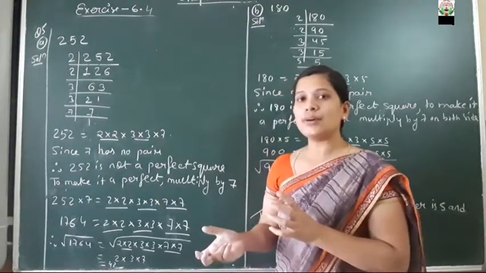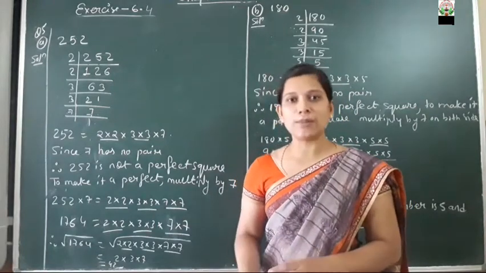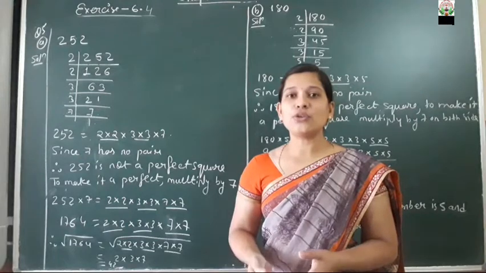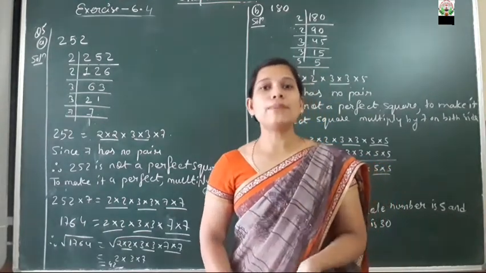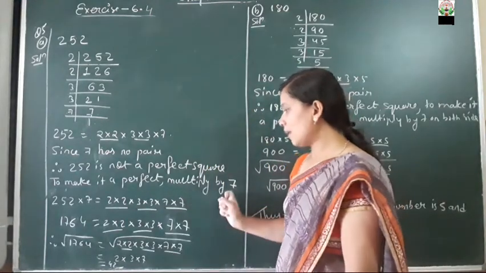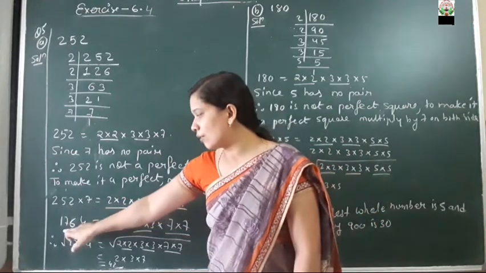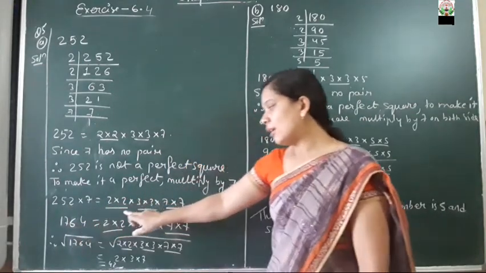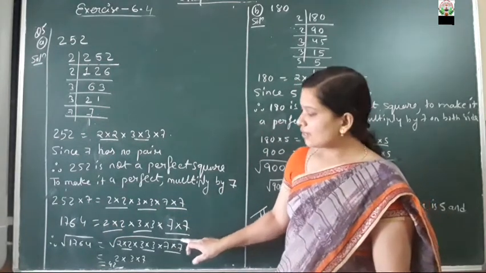मतलब जो अनपेयर्ड नंबर रहता है ना, उसको हमको LHS और RHS दोनों साइड मल्टीप्लाई करना है. क्यों मल्टीप्लाई करना है? क्योंकि वो जो नंबर अनपेयर्ड है वो स्मॉलेस्ट होल नंबर होगा और उसको मल्टीप्लाई करने पर वो एक परफेक्ट स्क्वायर देगा. ठीक है, so here we are going to multiply it by 7 on both the sides. So multiplying 252 with 7 we will get 1764 and multiplying this number with the 7 you will get the pair of 7.